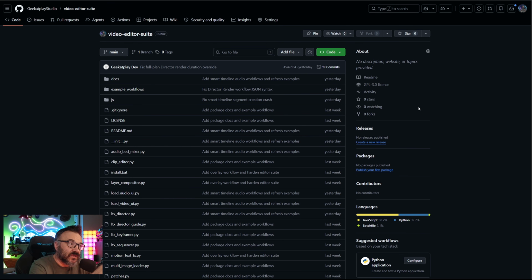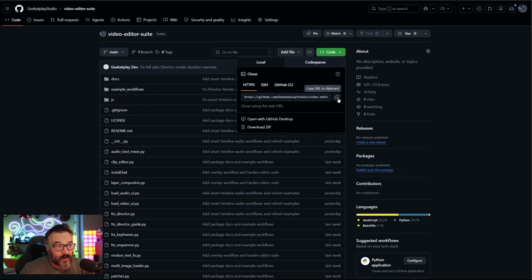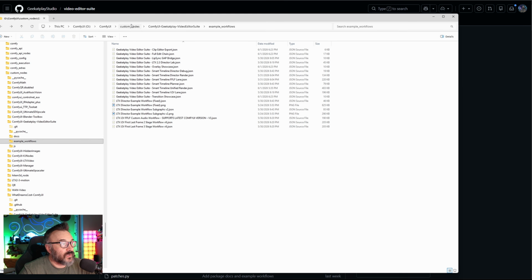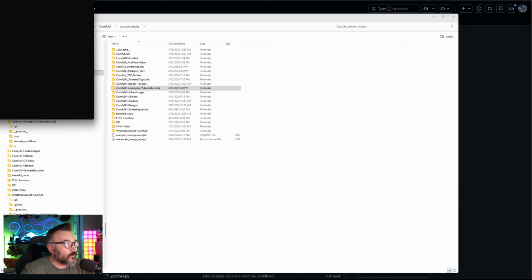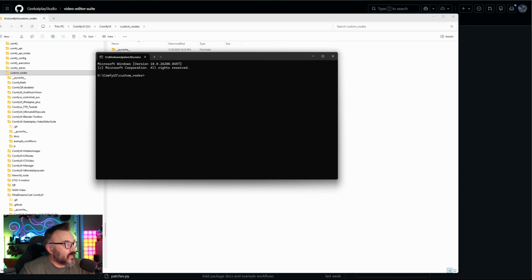And as I mentioned here, to download it, you just need to go inside the code and click on copy code here. Then you want to go inside custom nodes, like right here. We'll go in custom nodes, type cmd for command prompt. After this, inside command prompt, you just want to paste the path, press enter, and it will copy and